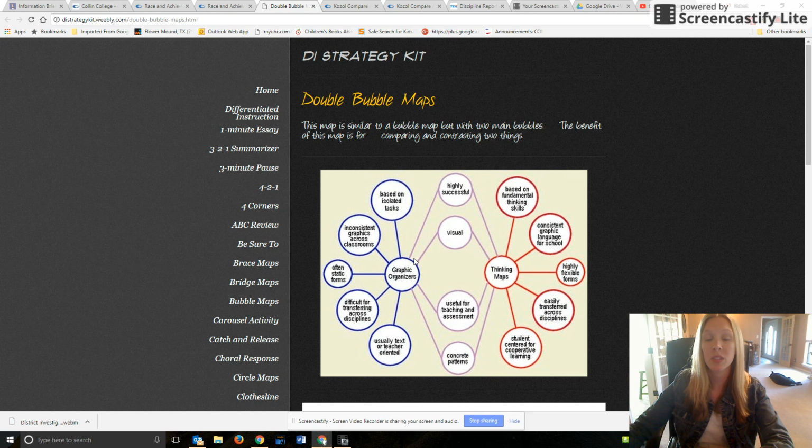So for your double bubble map, topic 1 is going to be basically what are you seeing in schools with high concentrations of minority students and maybe high concentrations of poverty, versus the schools that have maybe high concentrations of wealth or high concentrations of primarily white students. As you've read both chapters, what are some of those things that you're seeing different between those 2 types of schools? What are some of the things that you're seeing the same?